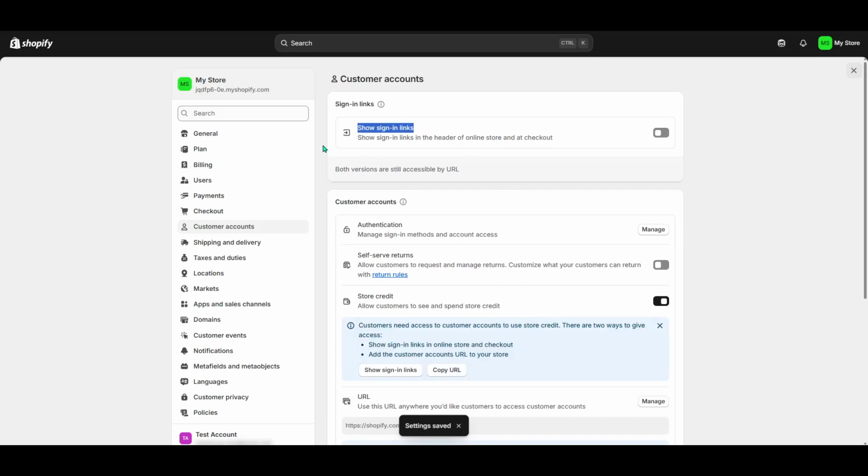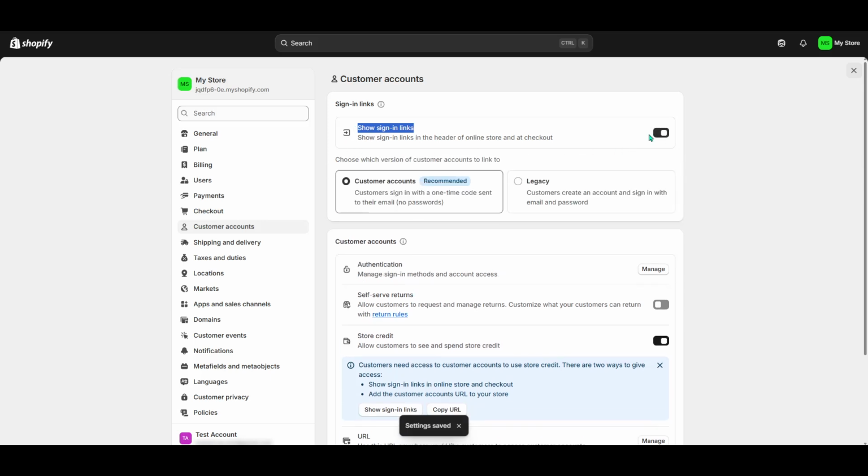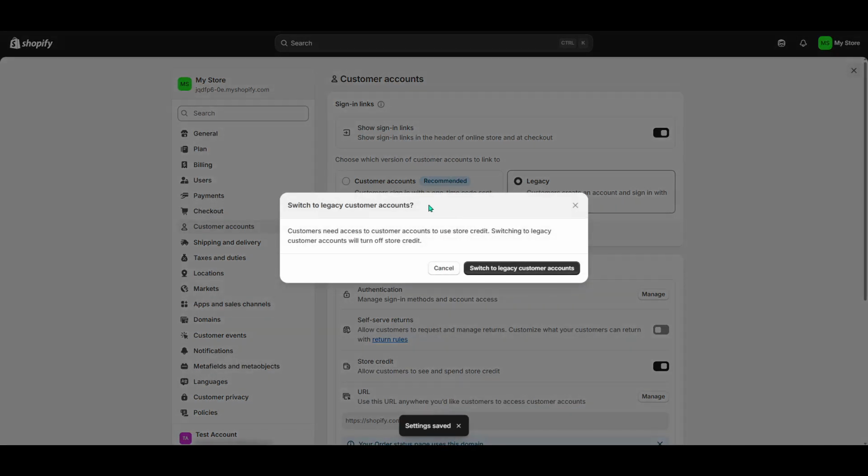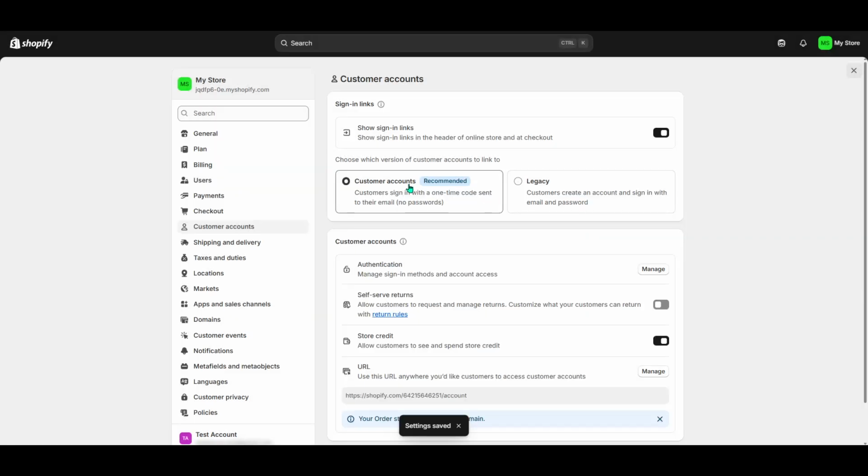After selecting Customer Accounts, you'll need to enable the option Show Sign-in Links. When you do this, Shopify will automatically display login and sign-in links in the header of your online store. This ensures that your customers have an easily accessible and intuitive way to log into their accounts whenever they're visiting your shop. It's an excellent way to not only improve user experience, but also foster a sense of community and